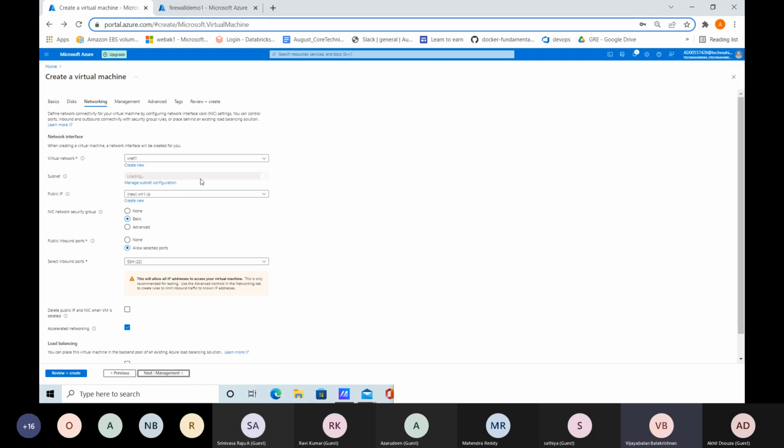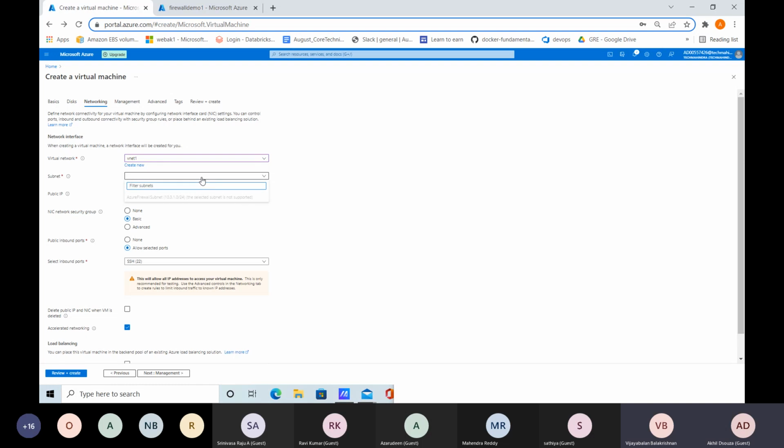Yeah, just go with the default one. Okay, here, are you able to see the one which you created? Yes. Okay, now give the subnet, click.